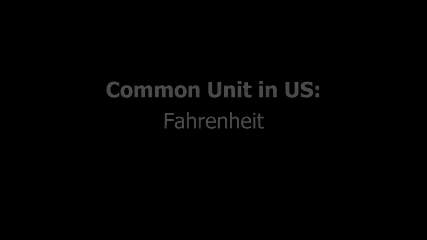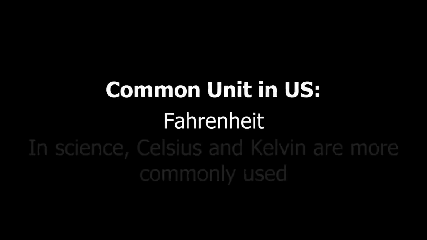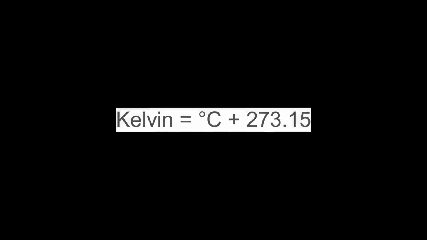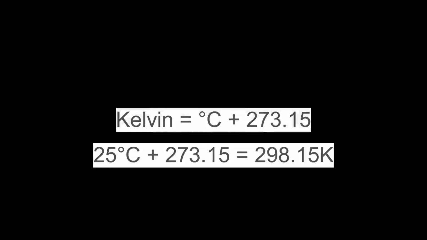A common unit for temperature in the US is Fahrenheit. However, in science, Celsius and Kelvin are more common. You probably never heard of Kelvin before. It's pretty much the degrees it is in Celsius plus 273.15. So room temperature of 25 degrees Celsius is